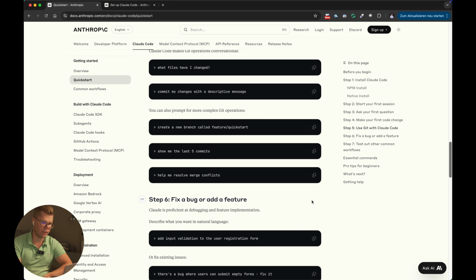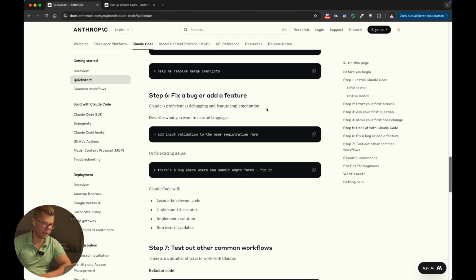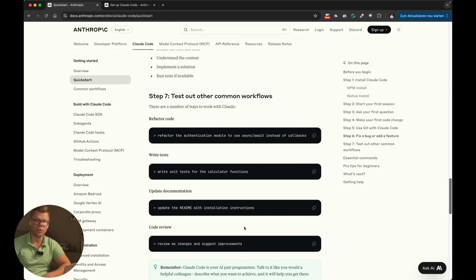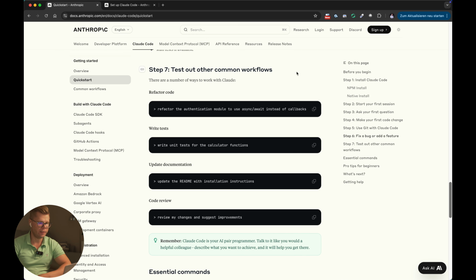Or here, as I previously mentioned, if you have some console errors or exceptions from the backend part, Claude Code can also help and assist you in this case and fix the problem, or at least find what the problem is or what can be fixed. Claude Code can also help you refactor your actual code base and tests. So Claude Code can write, let's say, Playwright tests for front-end testing, or unit tests for backend PHP code testing,